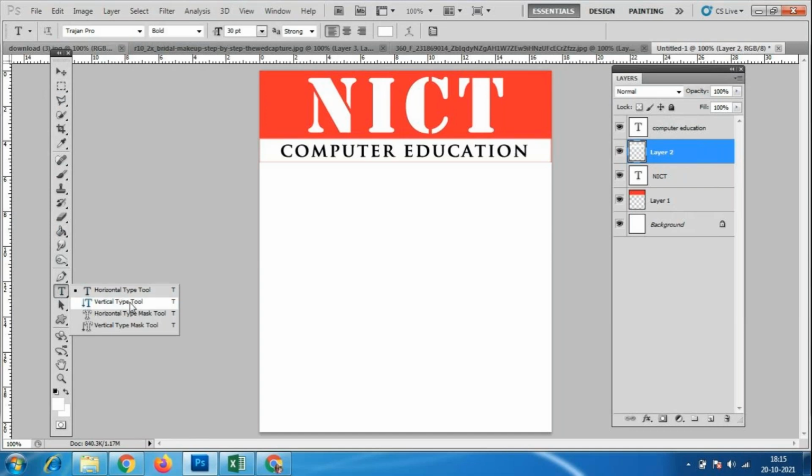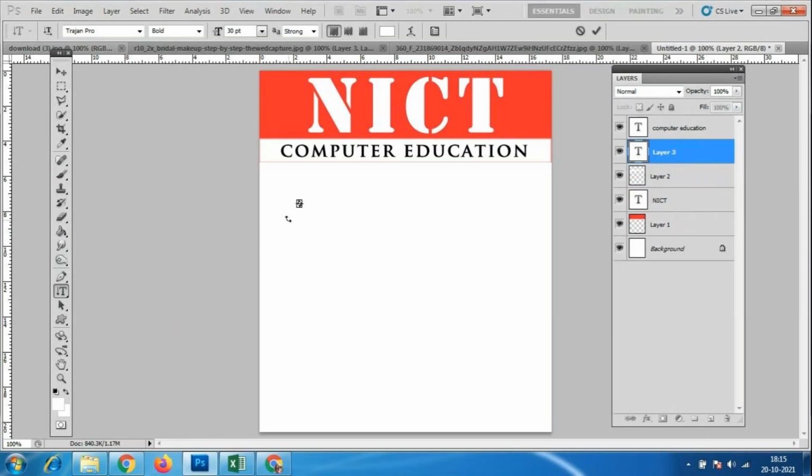I'll go to the vertical type tool. How will this vertical type tool work? I'll click here, and the text size which is coming here is 30.